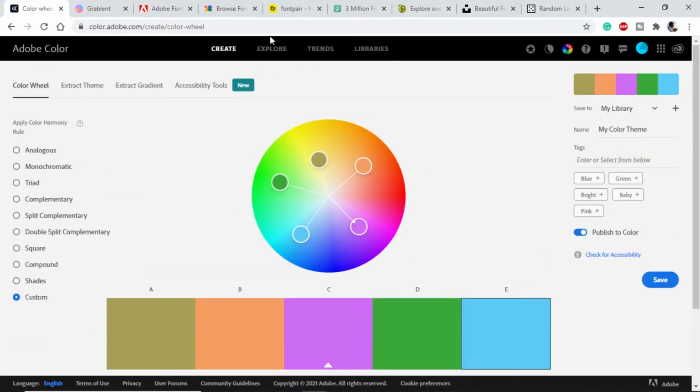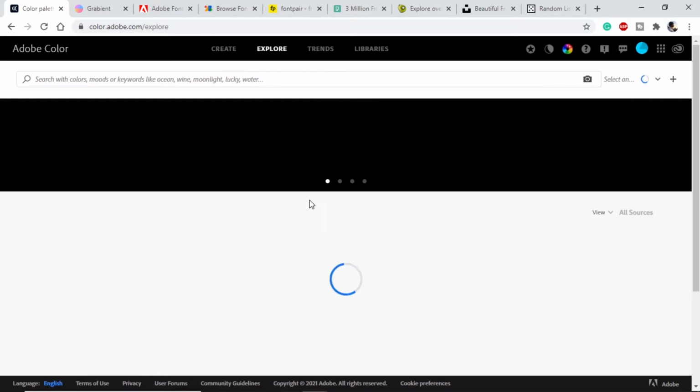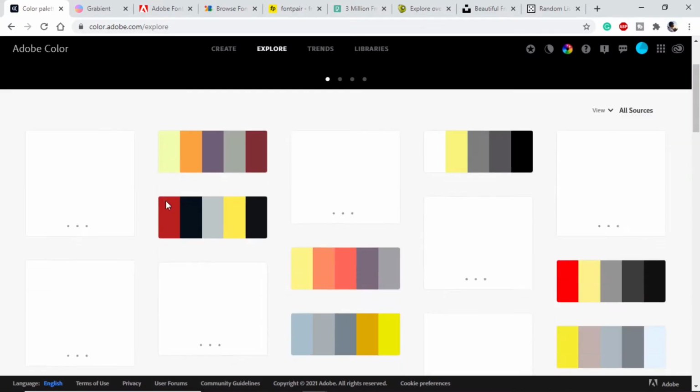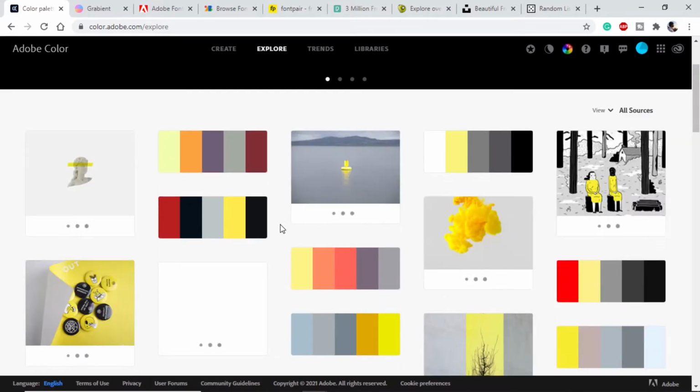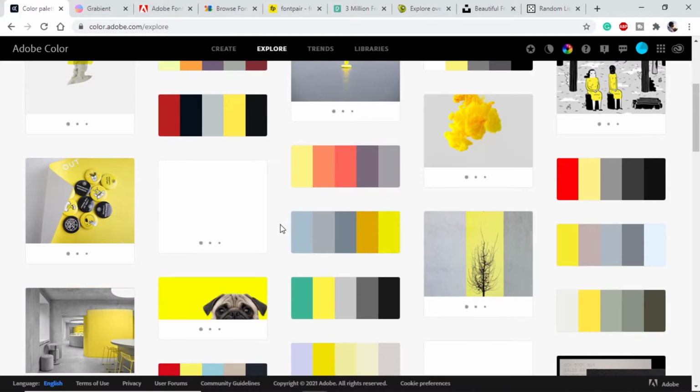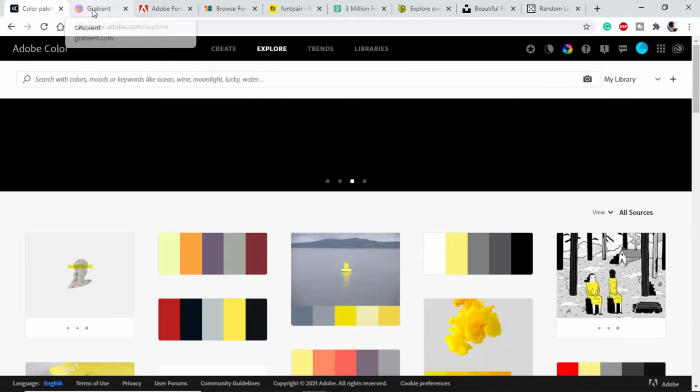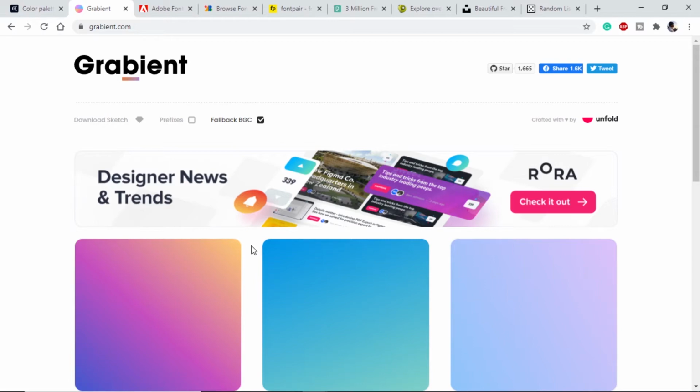We can also use the explore function of this website. If we click on explore, it will give us different color palettes that people have used. So this is also a good option for us. Next up we have Gradient, which is mainly used for gradients. If we want to include gradients into our website, which is a cool thing nowadays, we can use this